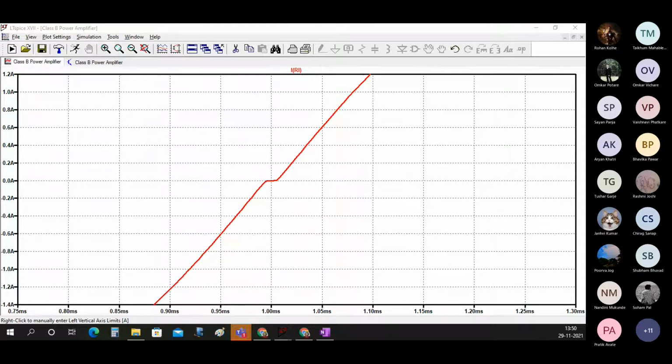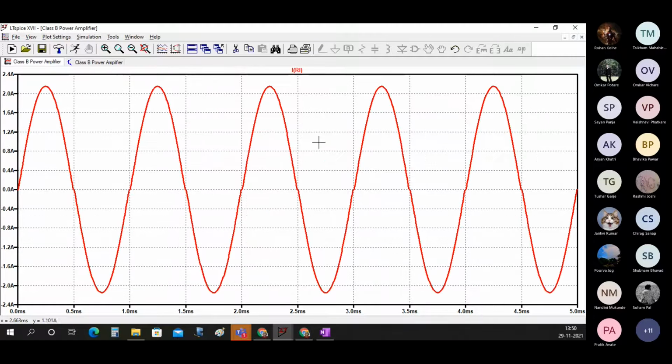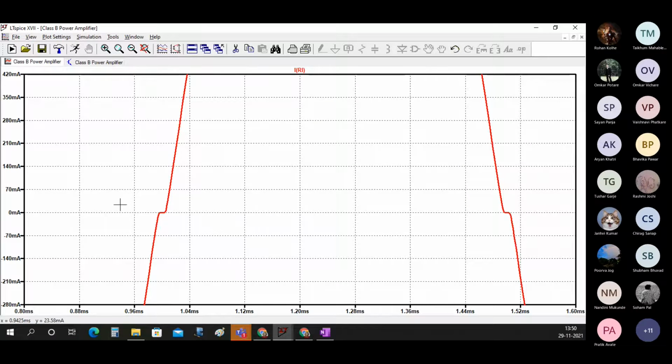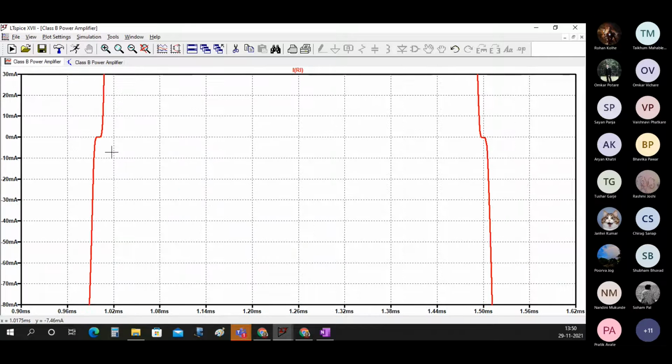Okay, many of you can see that. Good. Okay, Rohan sees it on the right falling edge. Fine, that's also fine. So this distortion will be there at both the edges. It will be there at the rising as well as the falling edge, and that is actually a problem. So this is a distortion which is there. Here it's not smooth.